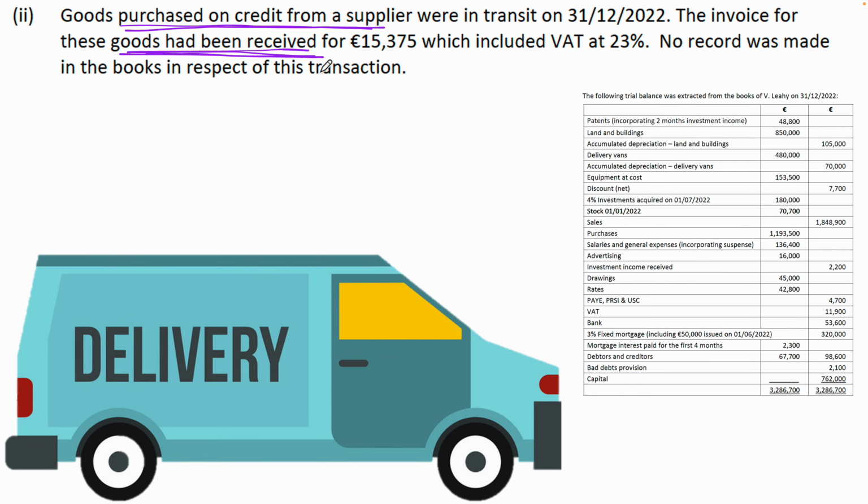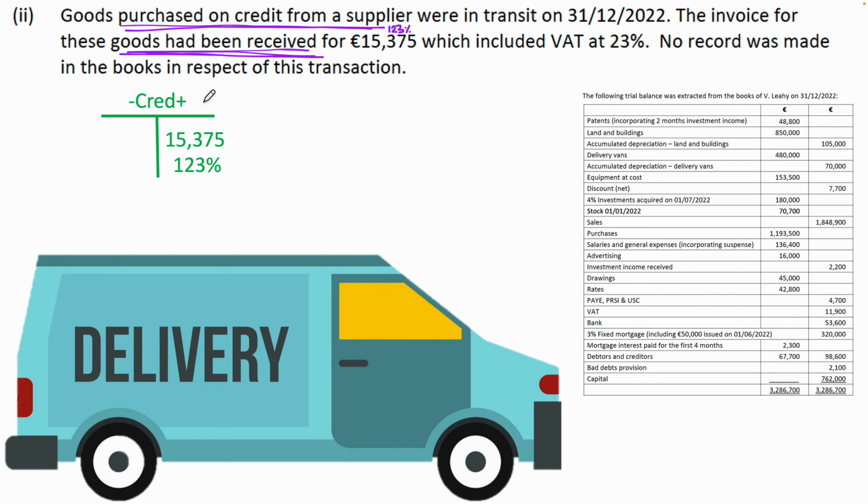Okay, now it had been received for 15,375, which included VAT at 23%. So this 15,375 is 123%. Okay, so they're loving a bit of the VAT adjustments these days. So you have to make sure that you are ready for the VAT adjustments. So look, 15,375, which includes VAT at 23%. No record was made in the books in respect of this transaction. Okay, so